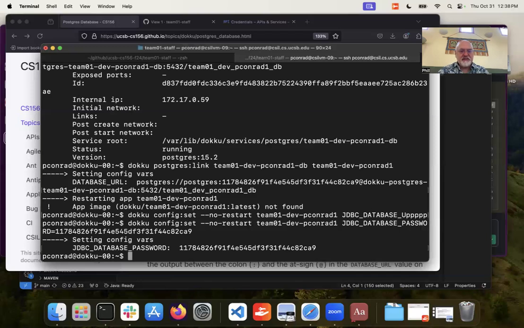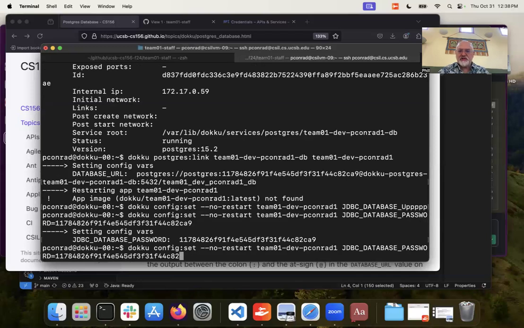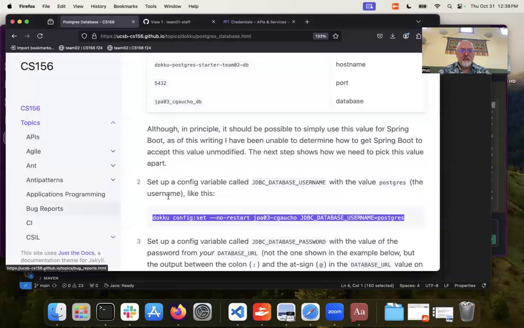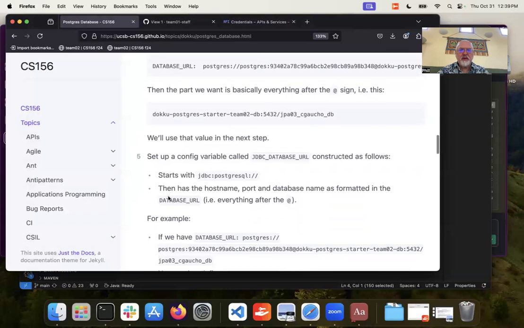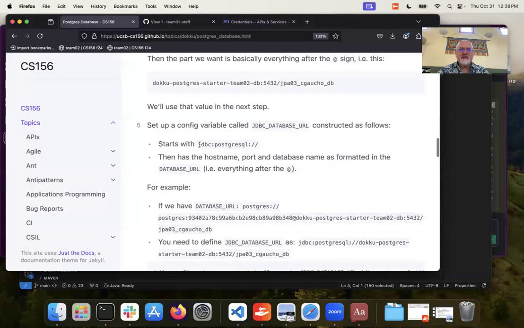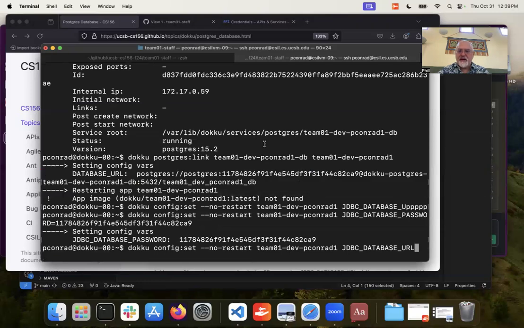Then I also need to set the JDBC database URL. And that needs to start with precisely this, jdbc and then postgresql. And if you make a spelling mistake there, the app will not start, and you'll get errors, and the errors will say something about Postgres or Liquibase or something, but it'll be a database-related error